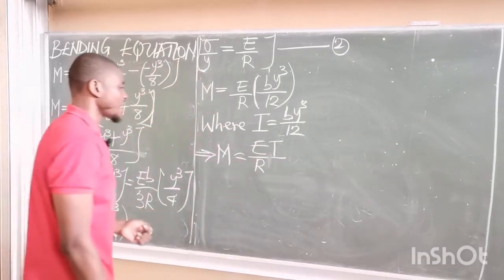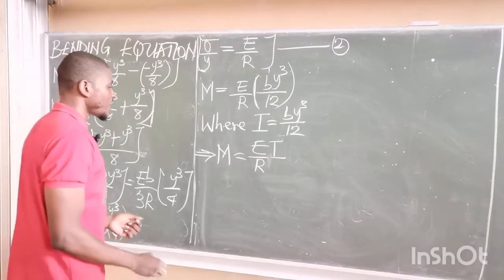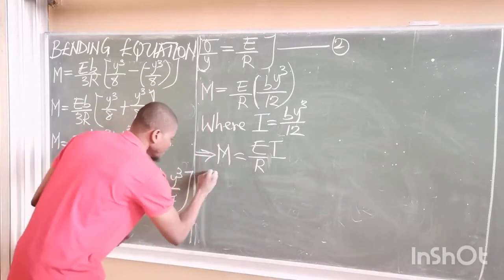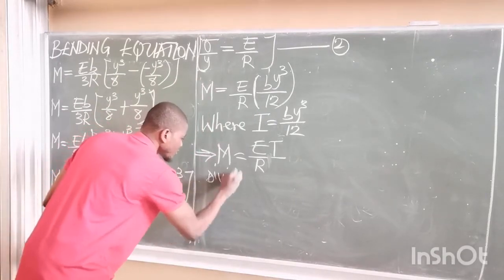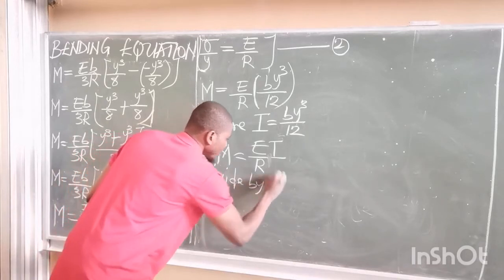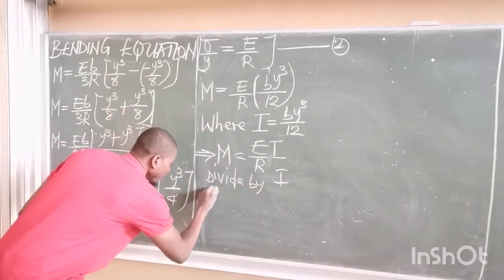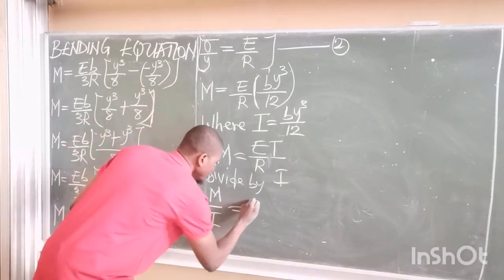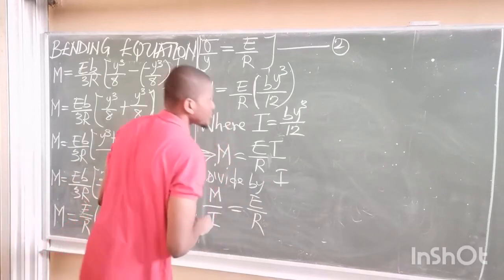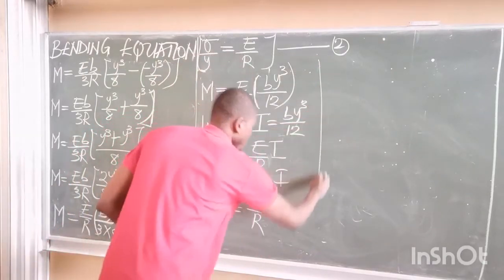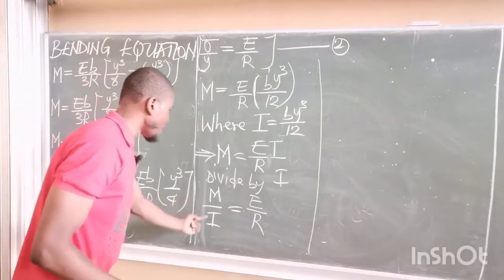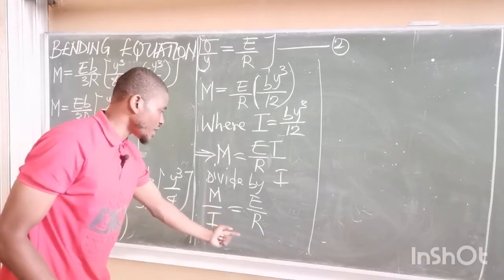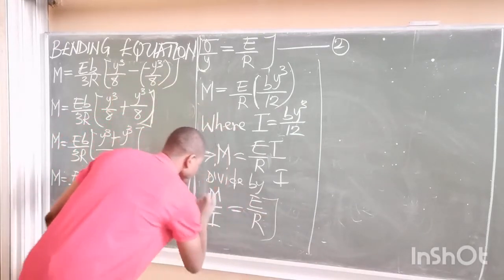E over R times I. Okay, so if we have this, let's now divide both sides by I. If I do that, I'll simply have m, the moment, all over I, is now equal to E all over R. So I'll have m over I. Of course, if I divide both sides by I, the I is off here, so it becomes m over I equals E over R. Call this equation